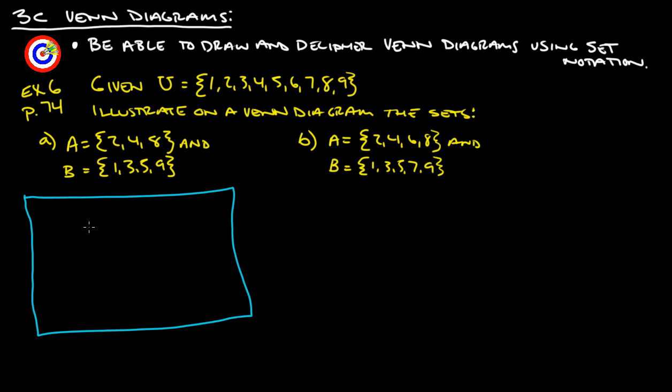Okay, so 2, 4, and 8, 1, 3, 5, and 9. Notice that the intersection of these sets is the empty set, so there's nothing that these have in common. So that means we can draw A and B